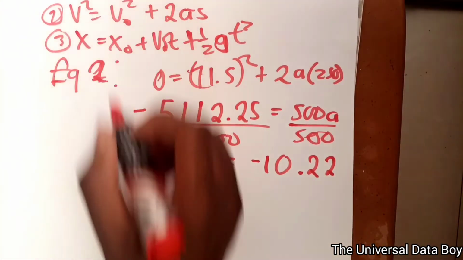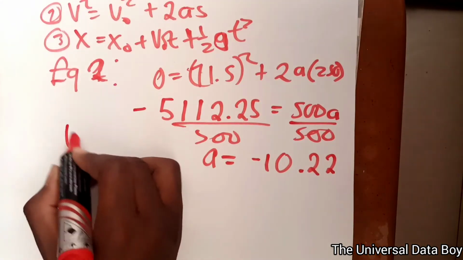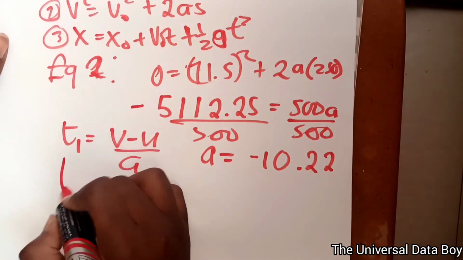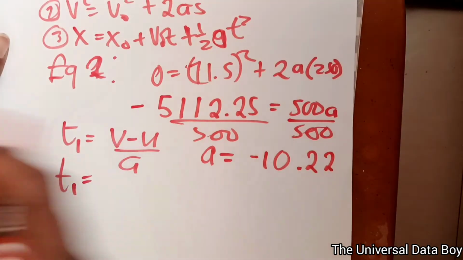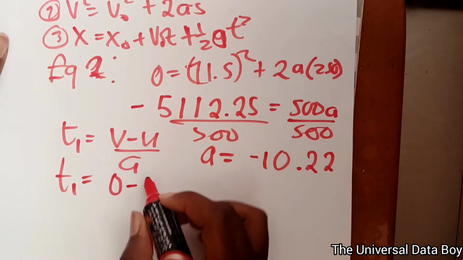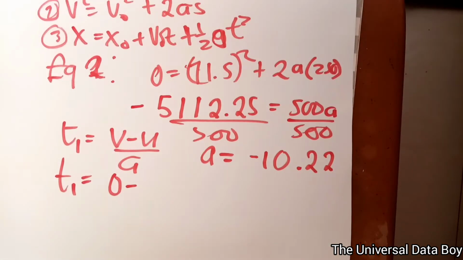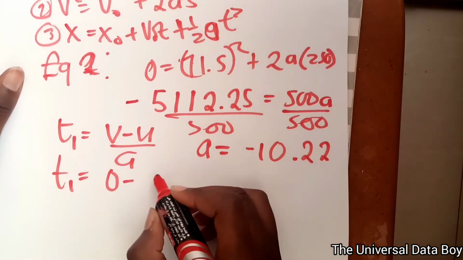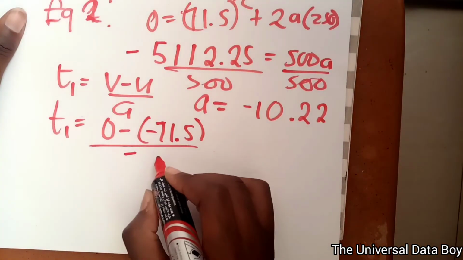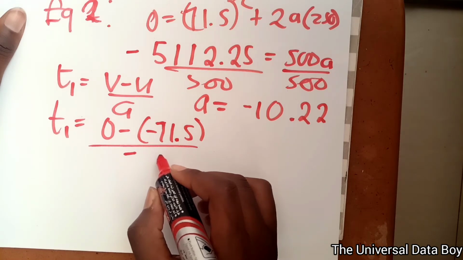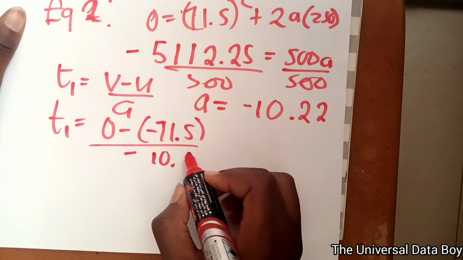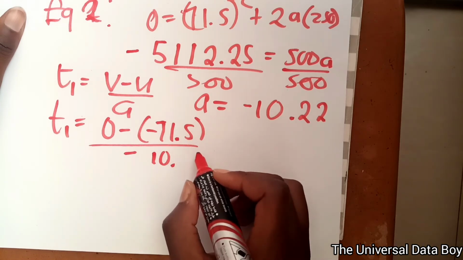Then to find the time, when you make t subject of formula, I'll put this as t1 is equal to v minus u over a. So then t1 is going to be equal to the final velocity is 0, the initial velocity, t is equal to 0 minus negative 7.15 over the acceleration, which is negative 10.2